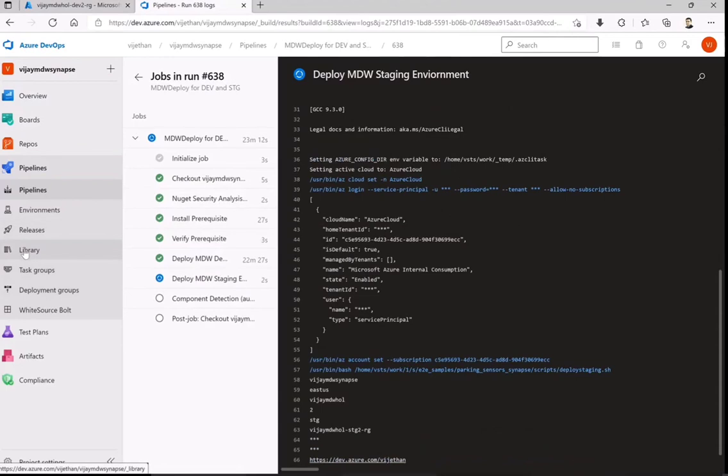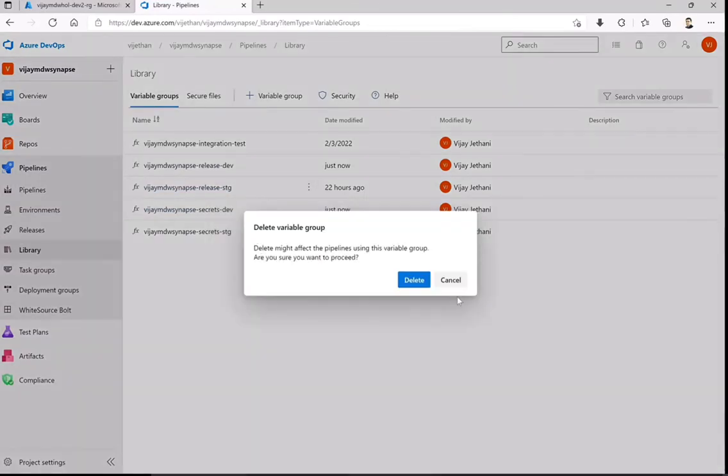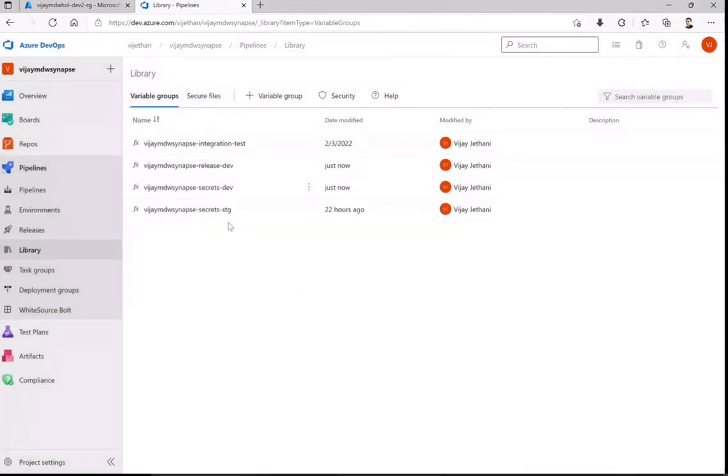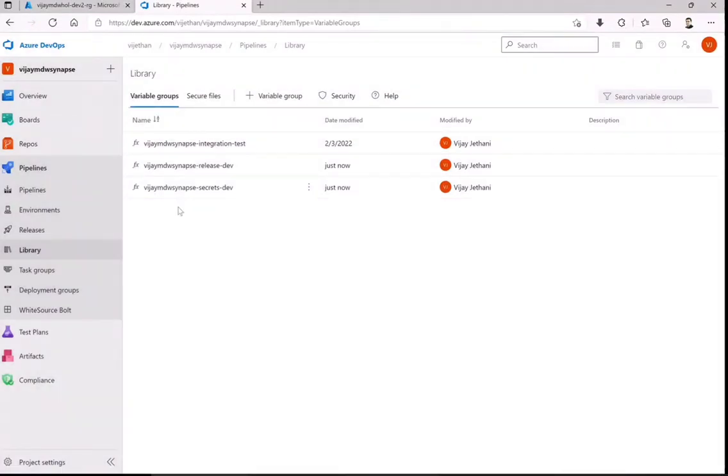If you want to see, I think we can go to the library and check. Just now we created these two. Okay, this one and this one. As we are starting with the staging, I think we can delete this so that we can see that it also gets created, or it will overwrite if it is there. That also can be done. So, just deleting that staging part so that we see that once that is over.